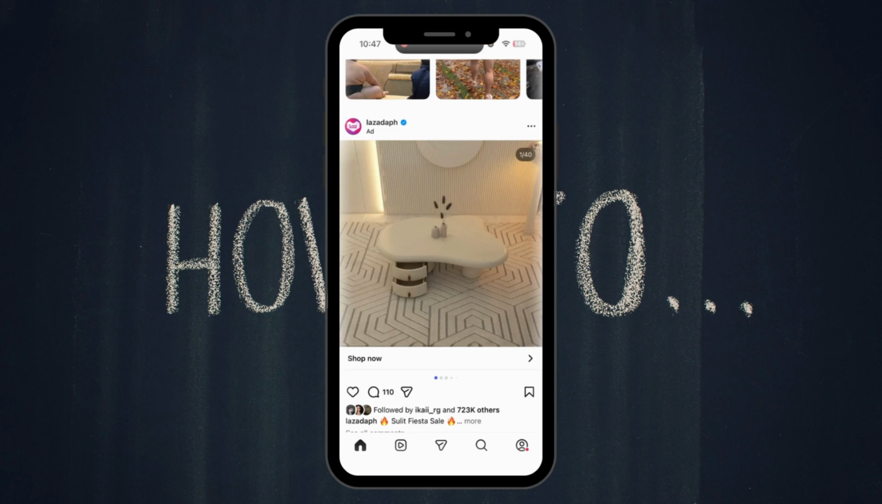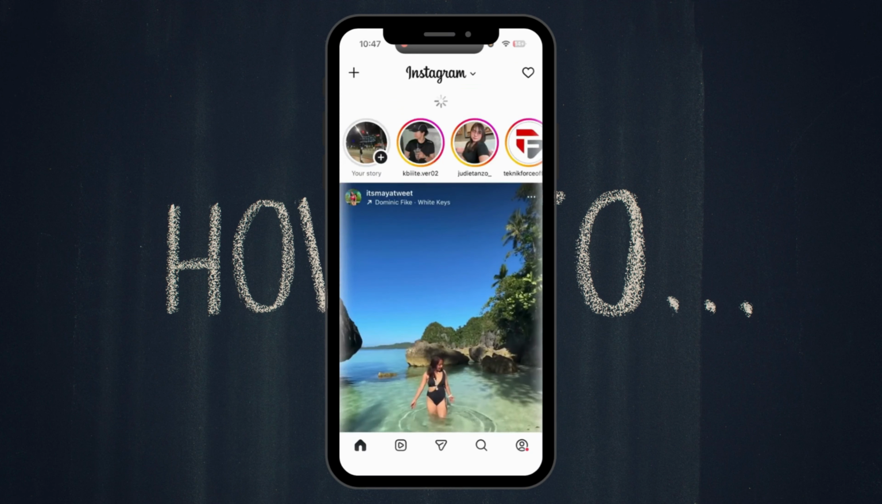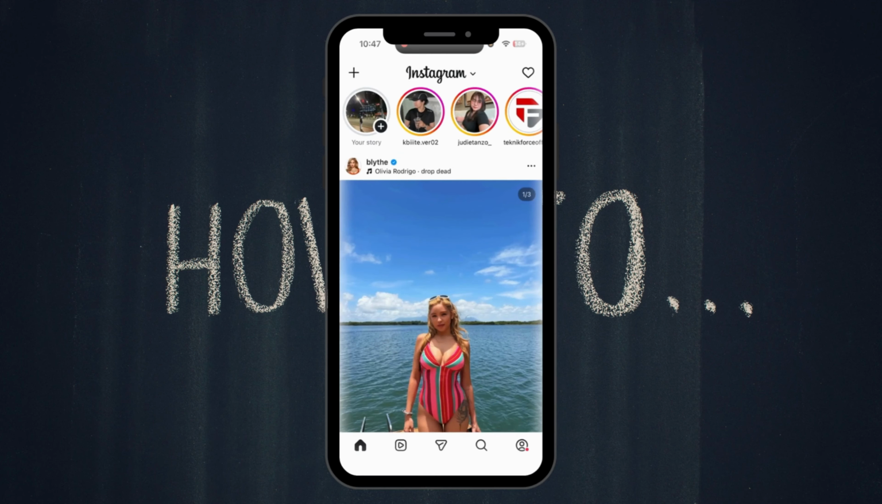Hey everyone, I'm going to show you how to fix the Instagram error that says couldn't refresh feed. So if Instagram isn't loading the latest post or your feed keeps failing to refresh, don't worry, I'll show you